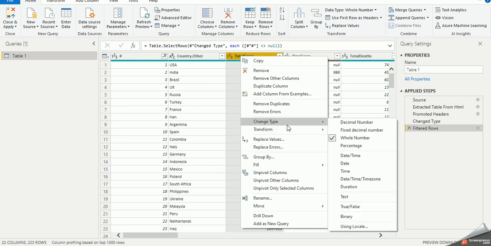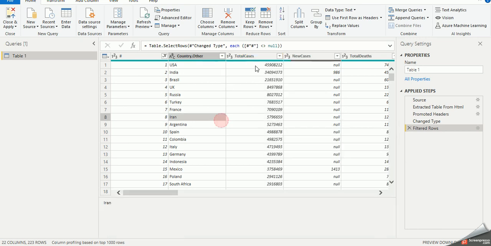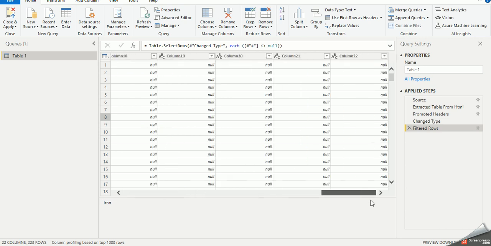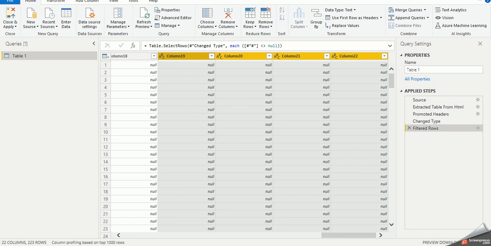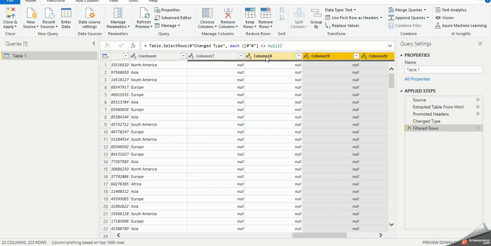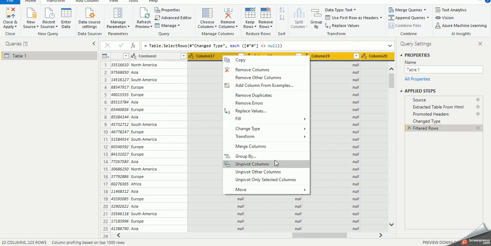I can check over here, whole number. So total cases and these sorts of things are coming as a statistical value. I have to remove the extra columns to remove any ambiguity about what is the meaning of these columns. So I don't need them, so I will delete them, remove columns.